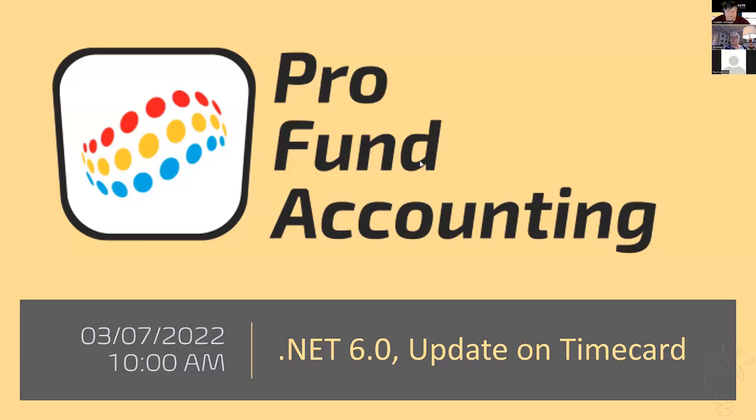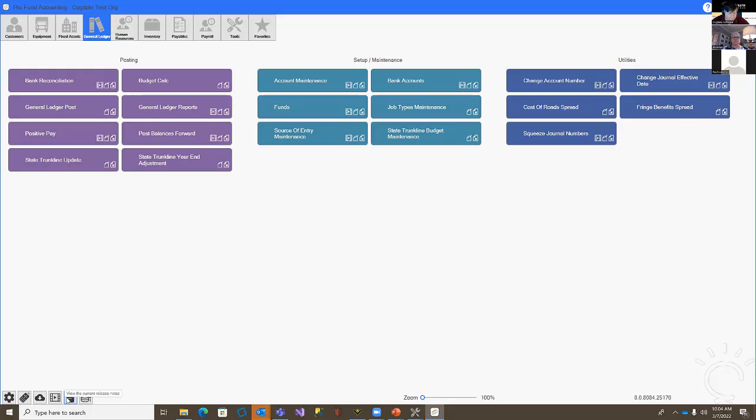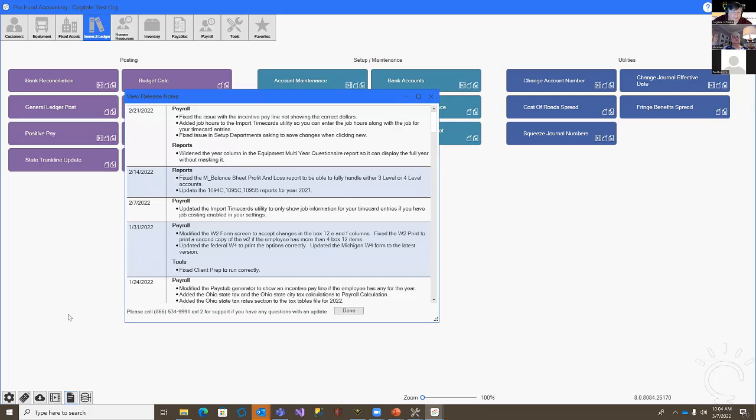Okay, but let's continue on. So first, the series of updates that we've done. So we will simply go to, okay. All right, so at the beginning of the month this last month, we updated the import time cards to